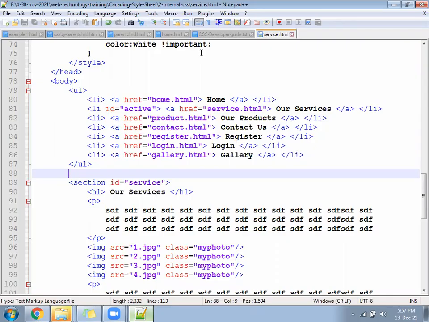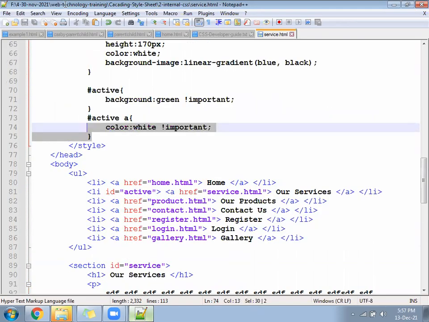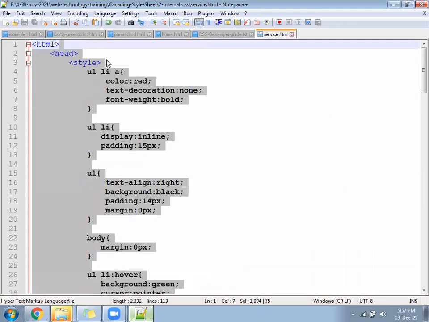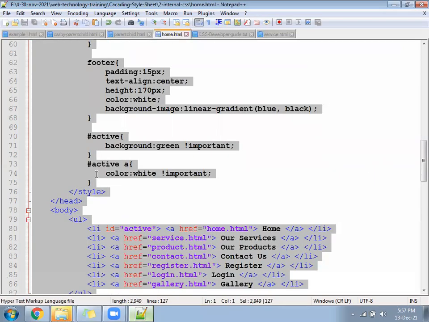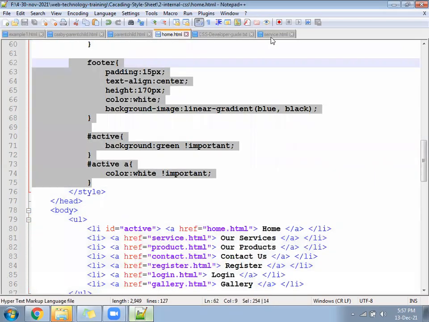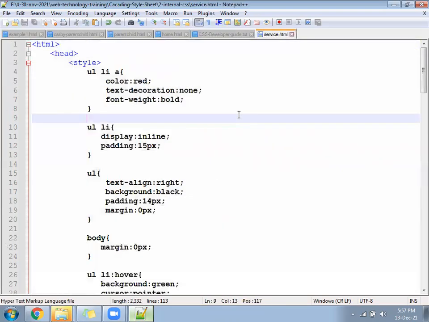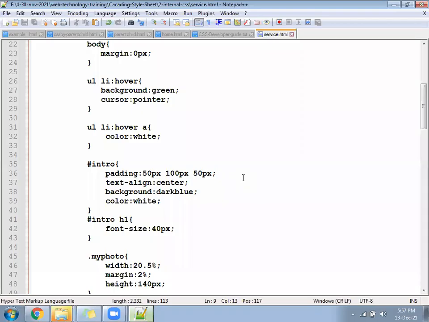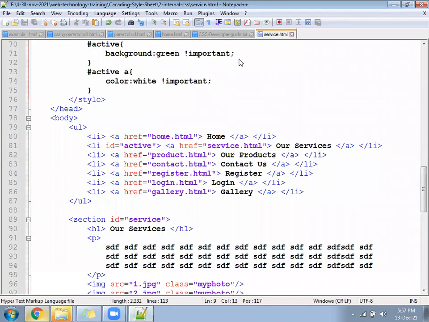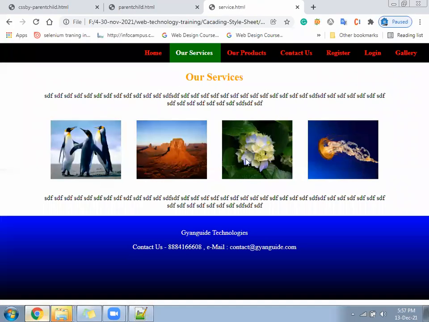In the home file you have the CSS, and the same CSS is available in the service file also. Now files are total 2 and the CSS also 2 times. It's getting duplicated page wise.